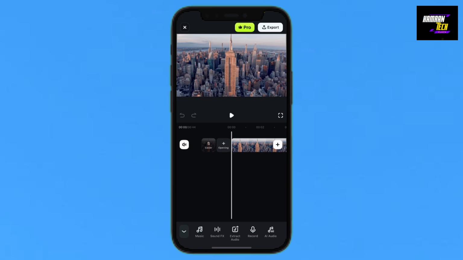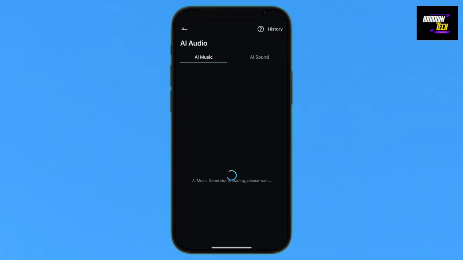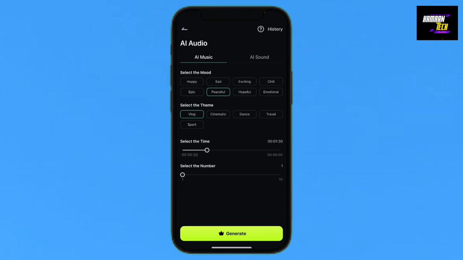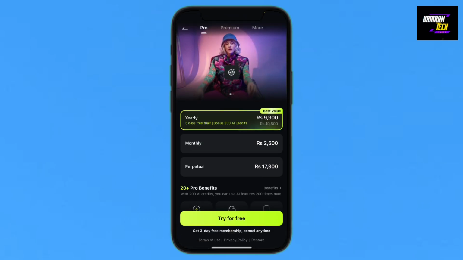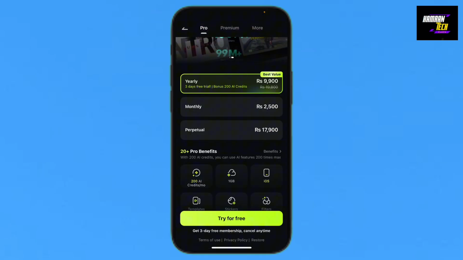So basically I will just tap on it, like an AI audio. You will just tap on it and you will just have to set your theme. I will just set it for like a vlog, and from here, peaceful, and just tap on generate. So here you will just have to purchase the plan, and after purchasing you will be able to generate this